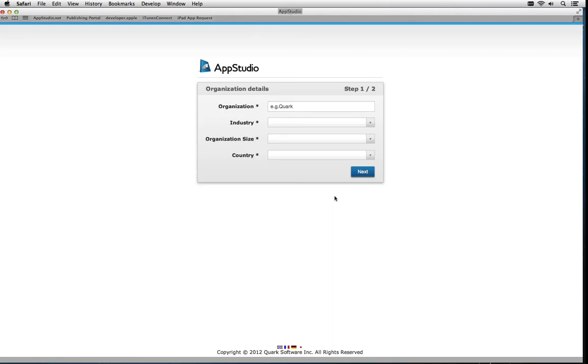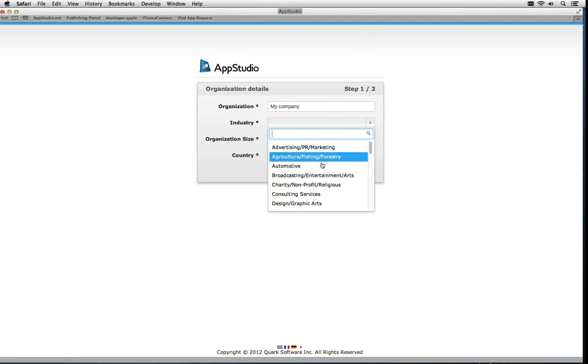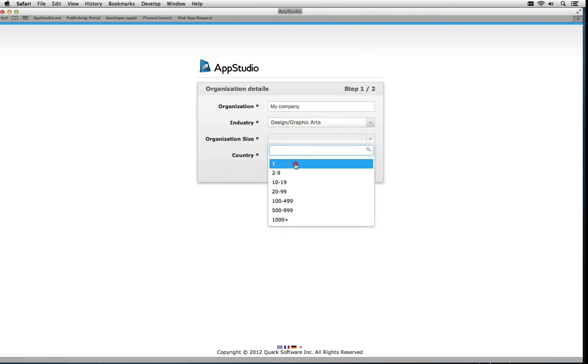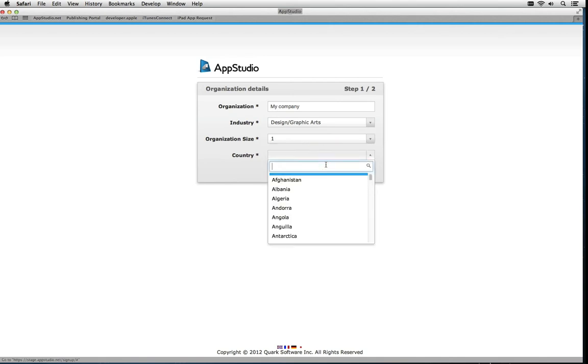I've already prepared that, so I click the activation link, and I just have to specify a few things about my organization. So I'm just going to call this, let's call this my company, and industry is going to be design. Organizational size, let's just say it's just me, and the country is going to be, let's say, United Kingdom. Okay, next